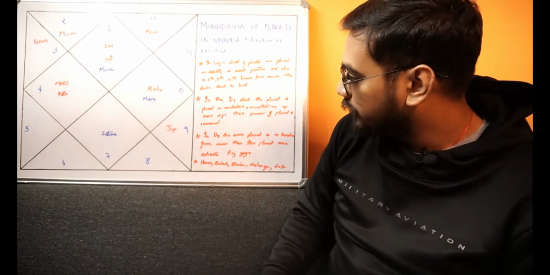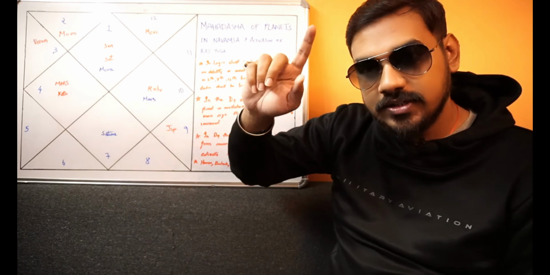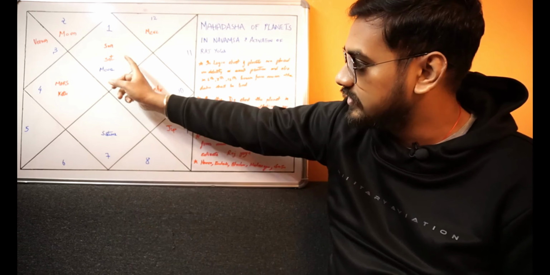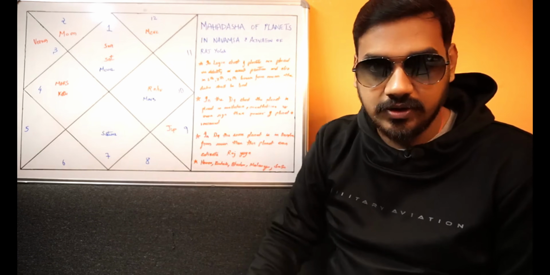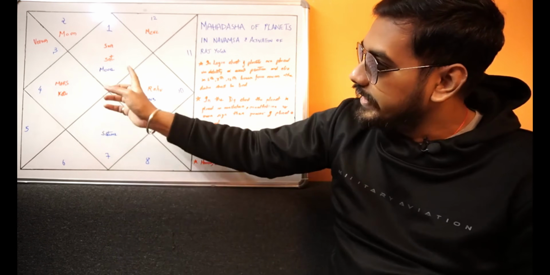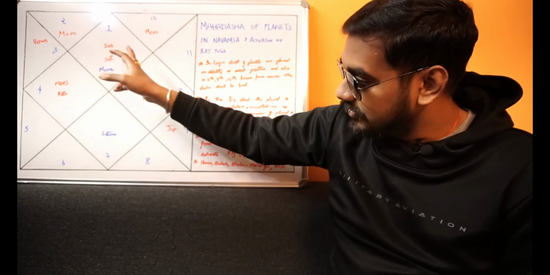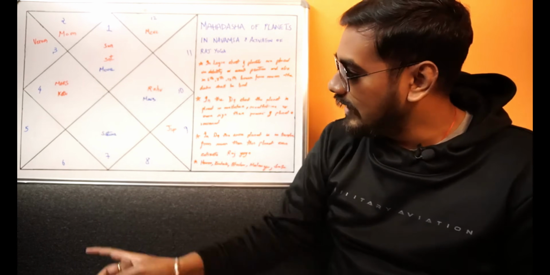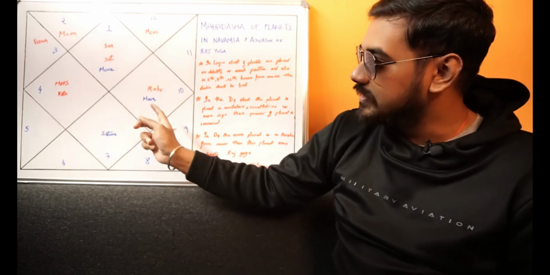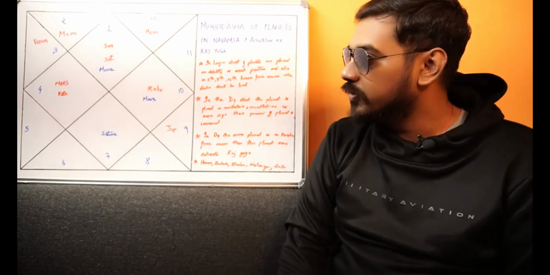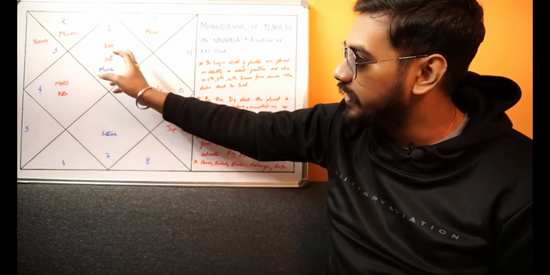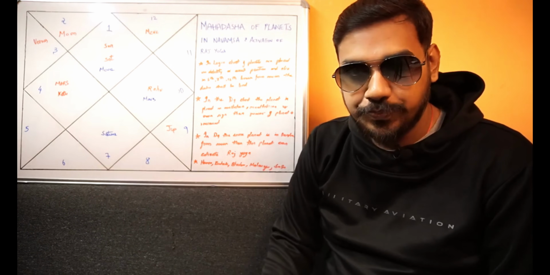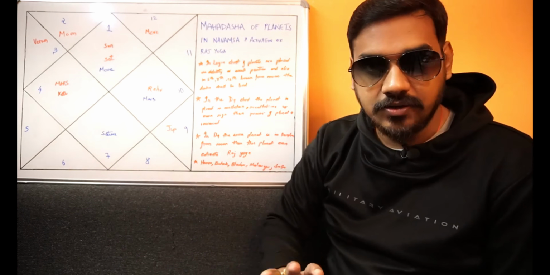Alright. Now consider that the Navamsha is also an Aries Navamsha, that is the first house or the first sign of the Navamsha chart is Aries, and you have got a moon in Aries there. Alright. And in the Navamsha chart, Saturn is placed in Libra, alright, and in the Navamsha chart, Mars is placed in the sign of Capricorn. So, in the Navamsha chart, it is an Aries Navamsha, Moon is placed in the first sign, Saturn is placed in the 7th sign, it is exalted, and Mars is placed in the 10th sign, alright.